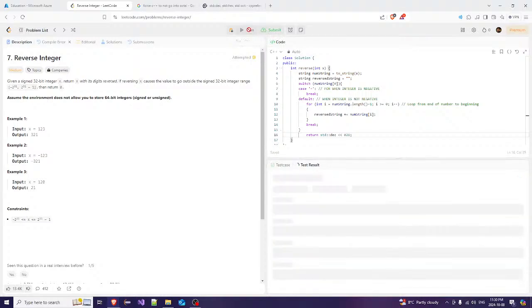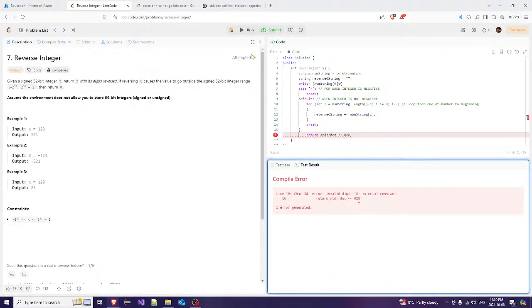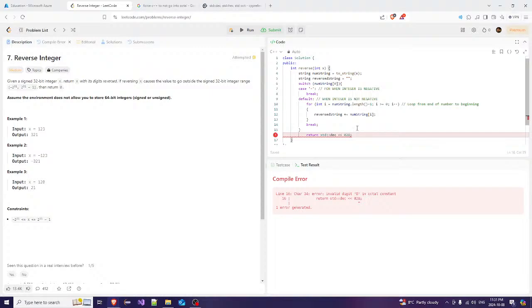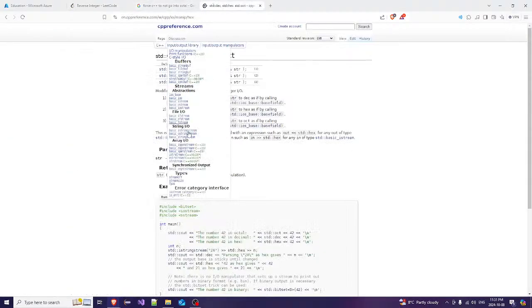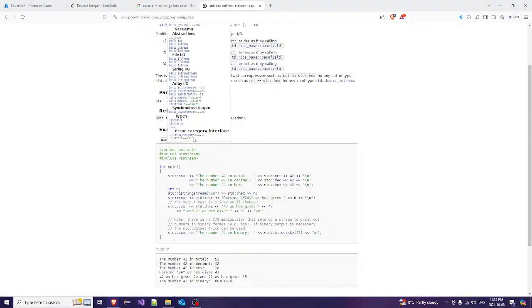Or at least I doubt it's going to work. I hope it will, but valid digit 8, but I don't want it to be